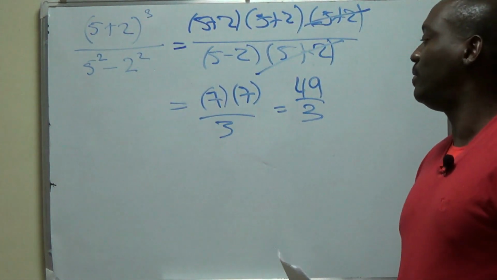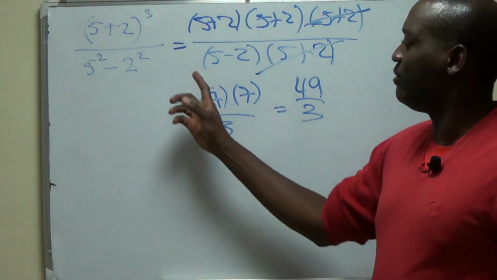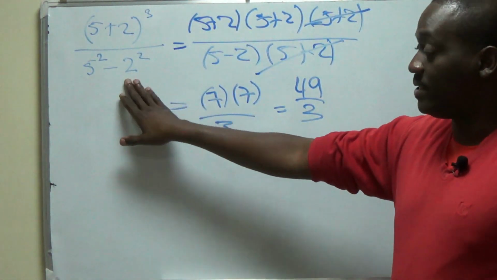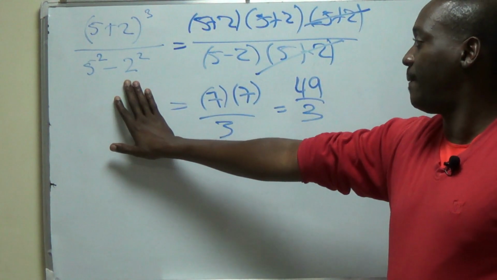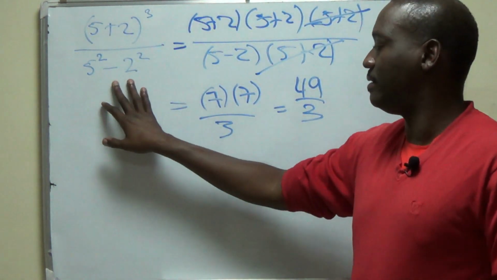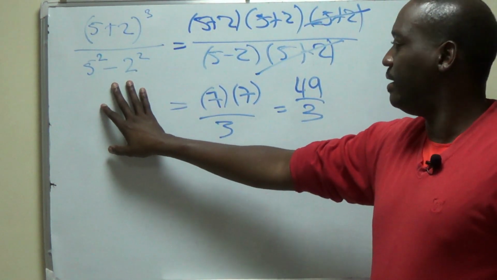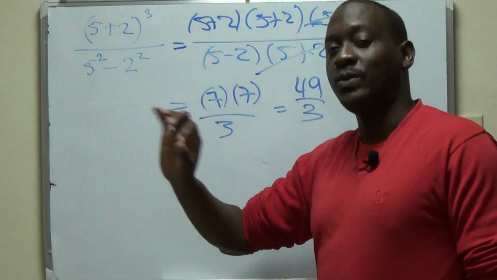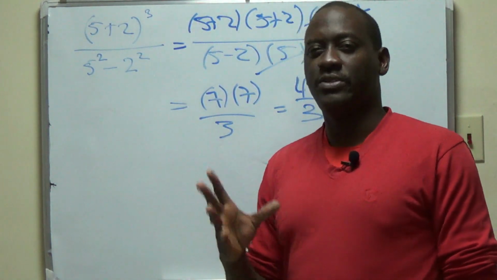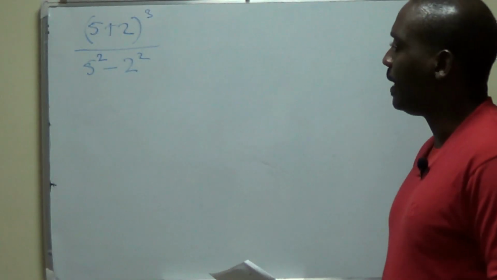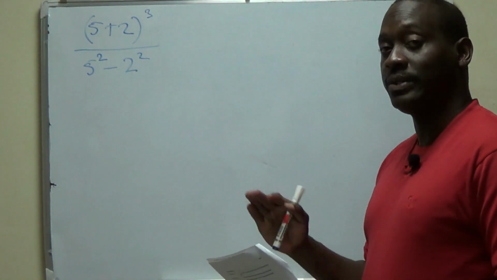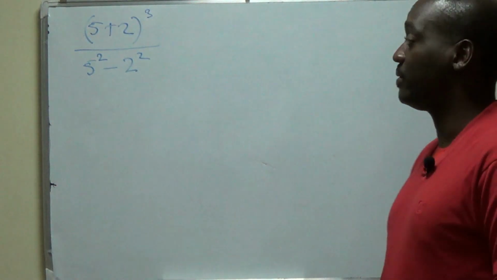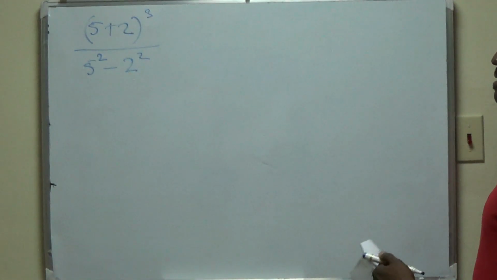Just a point to note though, even though this method is shorter, it relies upon you being able to recognize the 5² − 2² as the difference of two squares. If you didn't recognize that as the difference of two squares, then you have the option of actually multiplying out everything, which, as you will see in a moment, will be a little more tricky. Alright, so same question, we're working with a slightly different method now. If we didn't recognize this is the difference of two squares, what you would have to do is